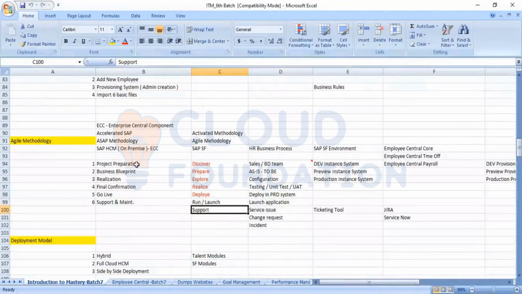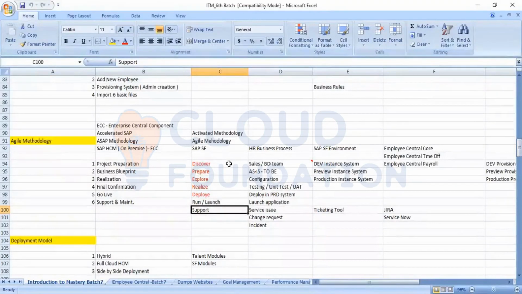These stages are similar in both on-premises and SuccessFactors. The activities are also similar, but the way the processes go in on-premises will be different from the cloud.